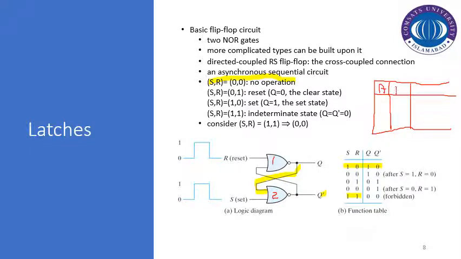The NOR operation is basically the reverse of the OR operation. So the combinations of inputs are 0 0, 0 1, 1 0, and 1 1, and the outputs generated for these combinations are